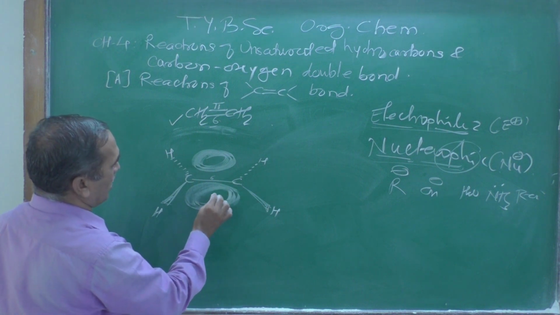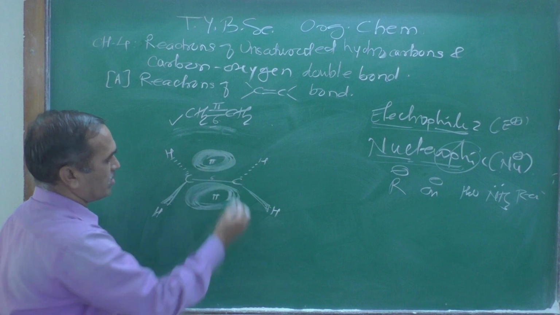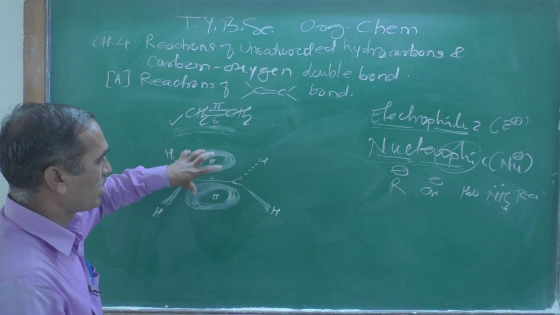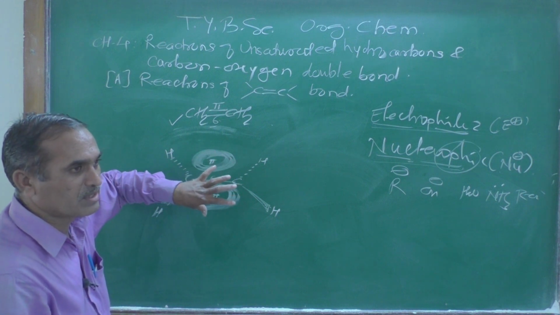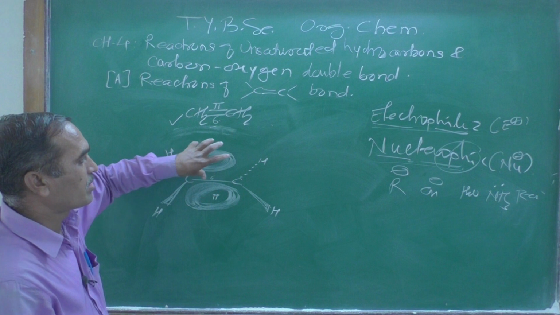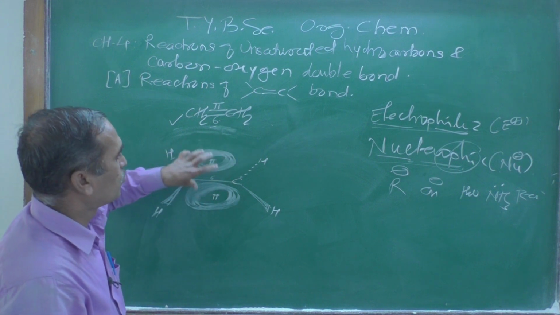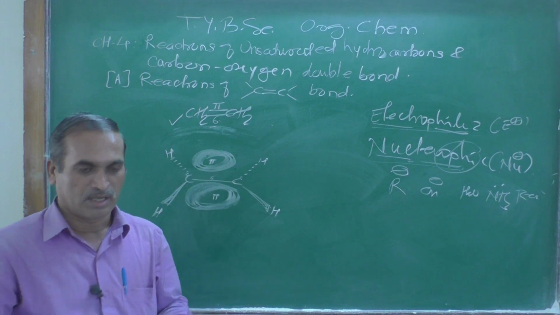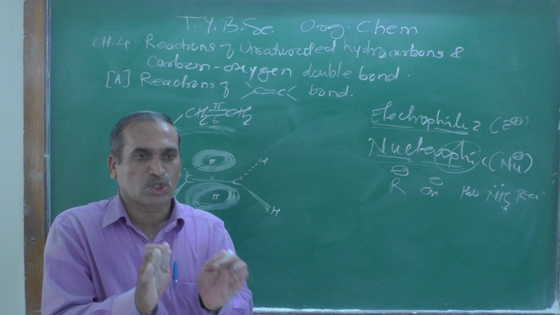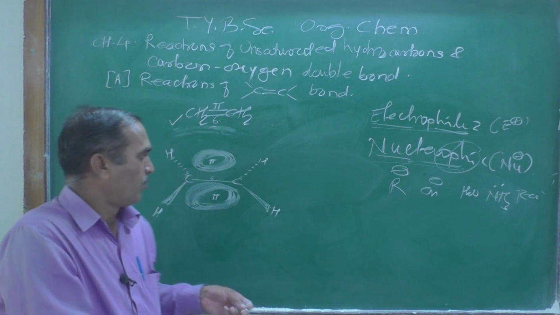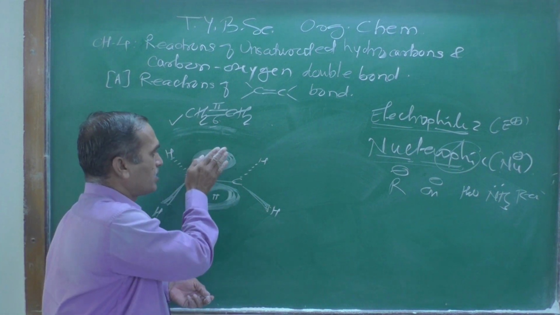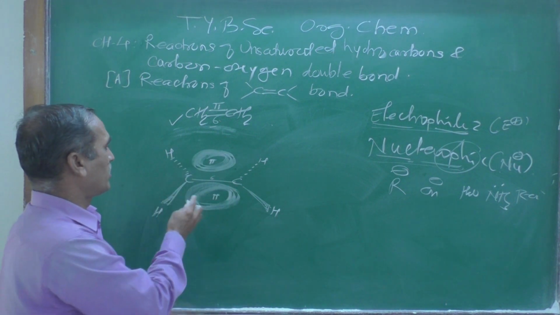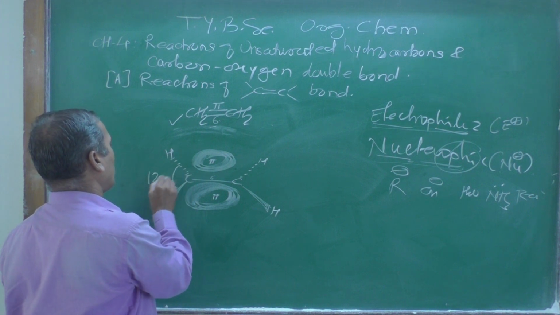The energy cloud, this is a pi bond, this is also a pi bond. This is nothing but a pi bond, pi electron, or a cloud of that electron below the plane as well as above the plane. So this pi electron density is distributed over the plane as well as below the plane, and the bond angle is found to be 120 degrees.